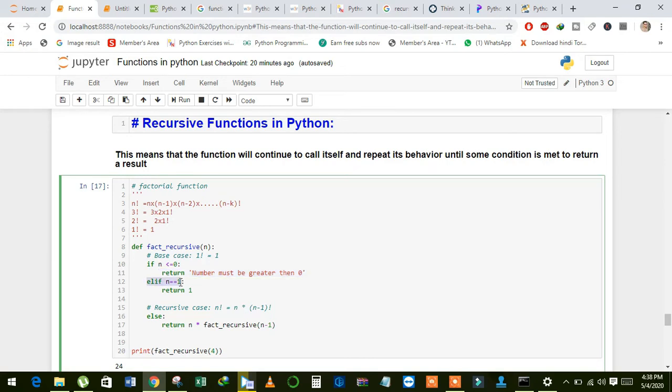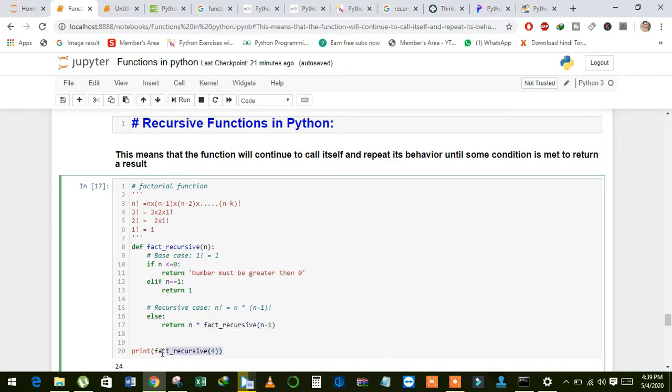Elif number is equal to 1, then return 1. In the else part, I have written the recursive function: n, and then again I call the function, and in the argument I just reduce by 1.